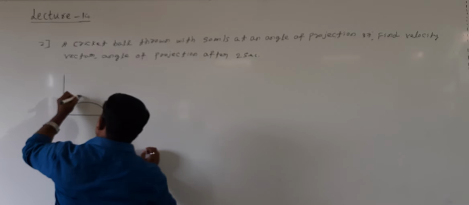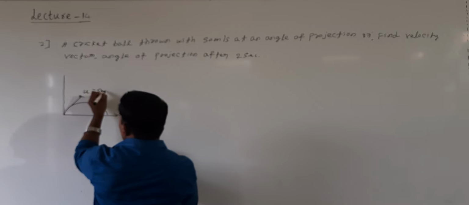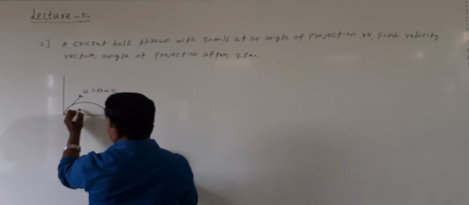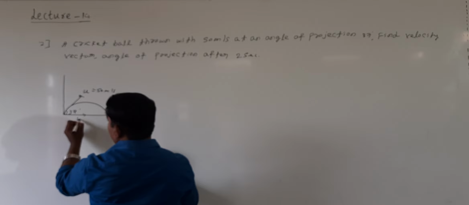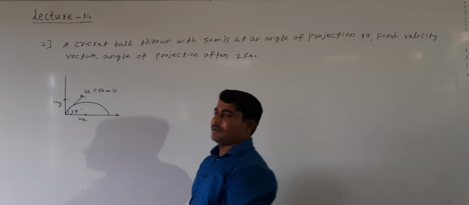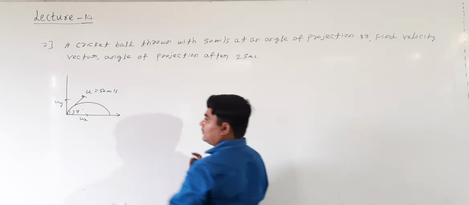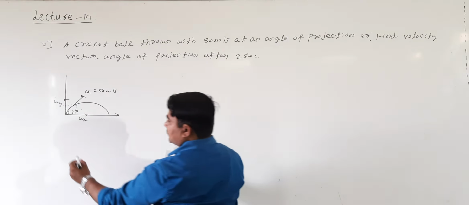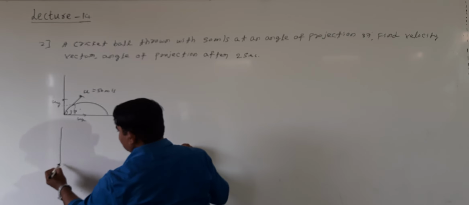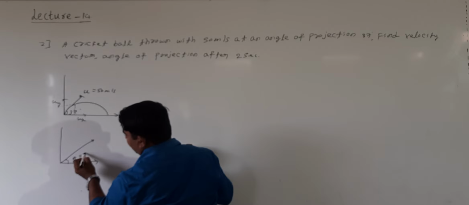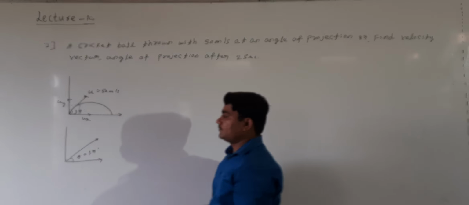What is the initial velocity? Initial velocity must be like this. How much? U equal to 50 meter per second. By what angle of projection? 37 degree. This is what component? Ux component. What about this component? Uy component. Right? It looks like a parallel combination of vectors. Look at the students here. This is the x-axis. This will be the y-axis. What angle of projection? How much? 37 degree. Right?